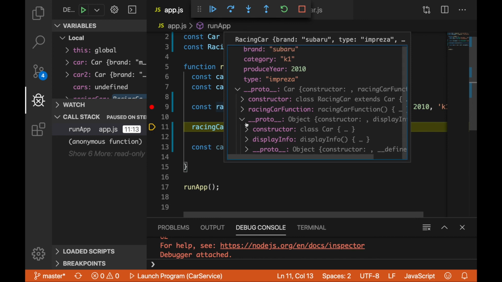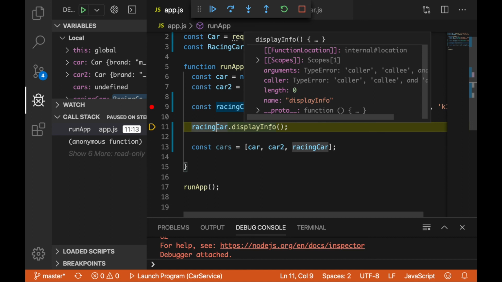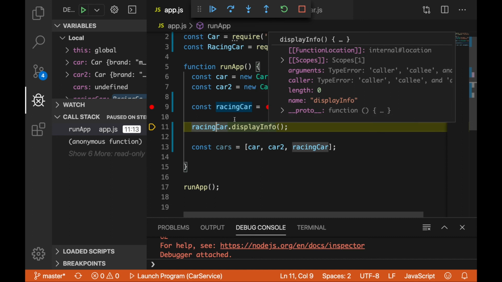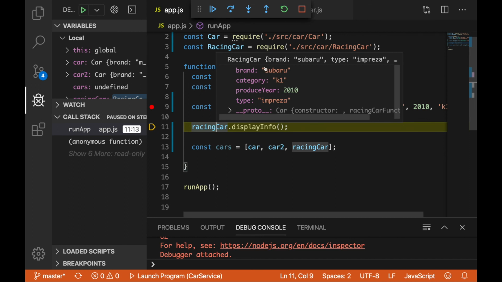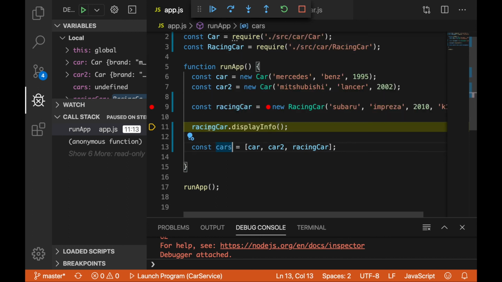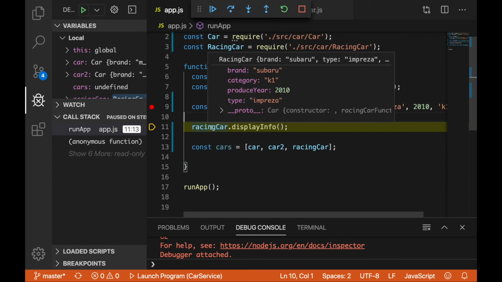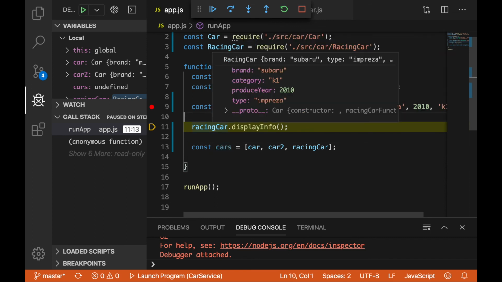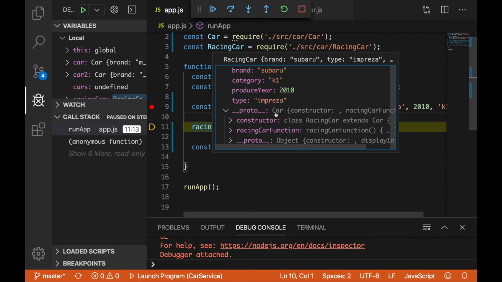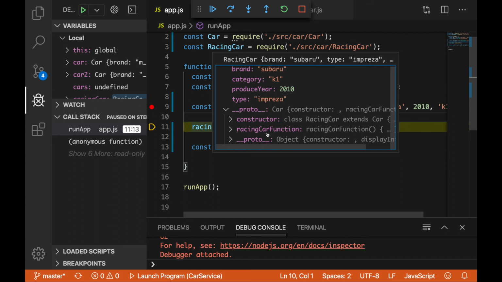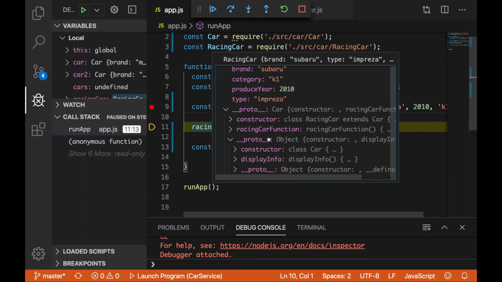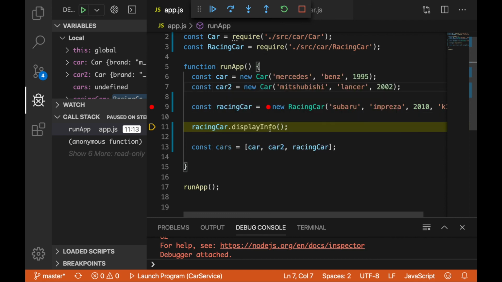Okay, you can think about it. So basically, when I'm calling here racing car display info function, we need to find it on our racing car. So we are looking here. We are calling display info function, and we are looking for this function in a proto. So I'm getting to racing car and we're looking for a display info in a proto. Okay, here we don't have a display info function. There is no. You can see here there is a constructor racing car function of my racing car. So okay, this will open the next proto and we will look in the next proto. This is also called proto chain. So we are looking in the next proto from a class we are inheriting from, and here we have a display info. So everything is fine, and we can call display info function from our car class, and